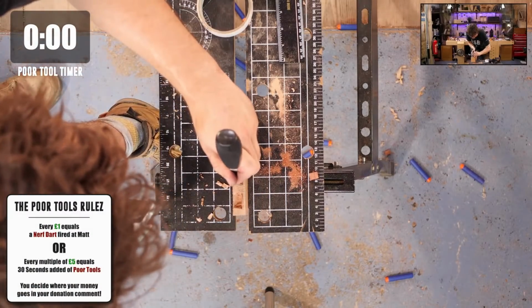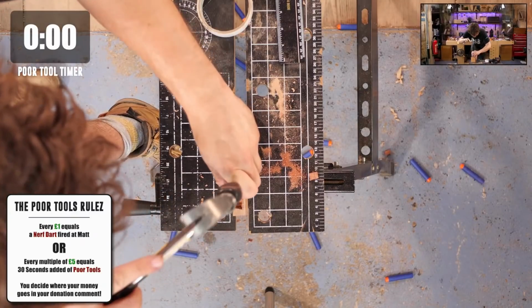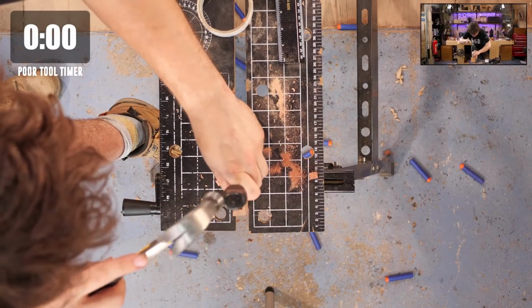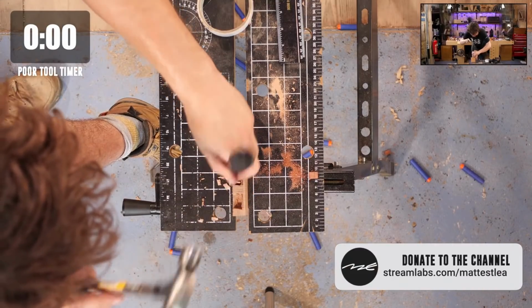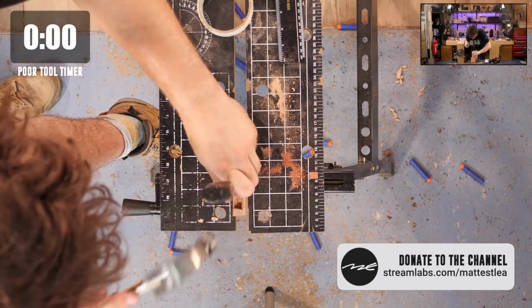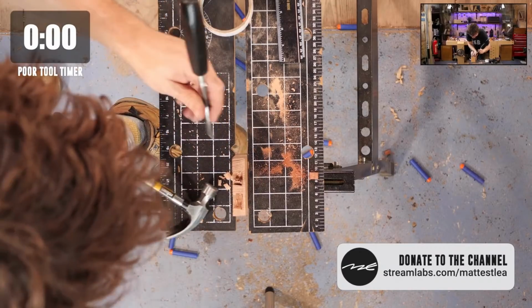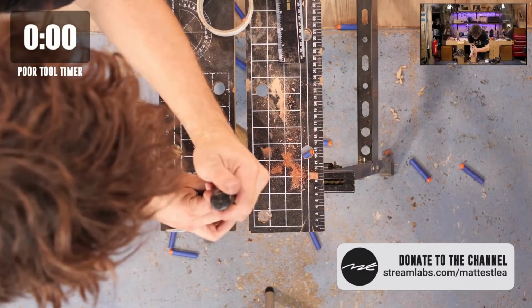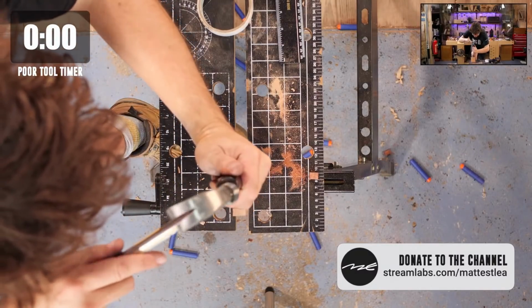Right, sidewall's done there. Let's do this socket. Okay, so this is where the challenge is going to be again, because of these square edge chisels. It's going to be getting into those corners from above. I hate to say it, but you are allowed to use...